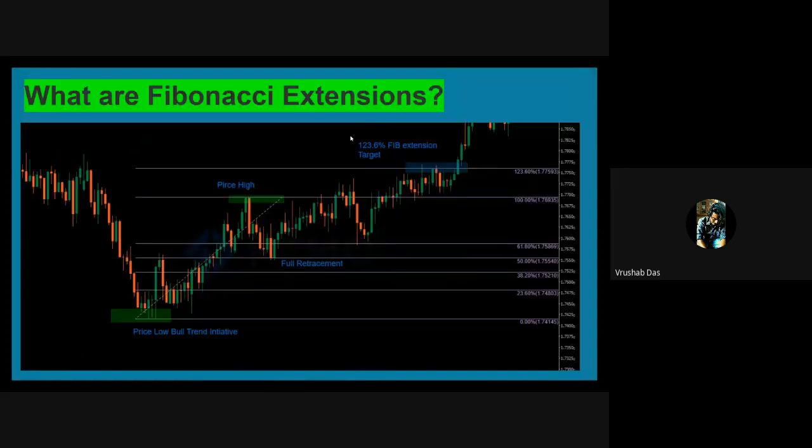Now we are talking about what are the Fibonacci extensions. In general, Fibonacci extensions are the levels used by the trader to identify potential profit targets and estimate the continuation of a price move after a pullback or reversal. Fibonacci extension levels are highly useful in understanding reversal and possible obstruction in price continuation. Put simply, Fibonacci extension levels are the key areas where the price of a particular stock, forex pair or commodity might reverse from.